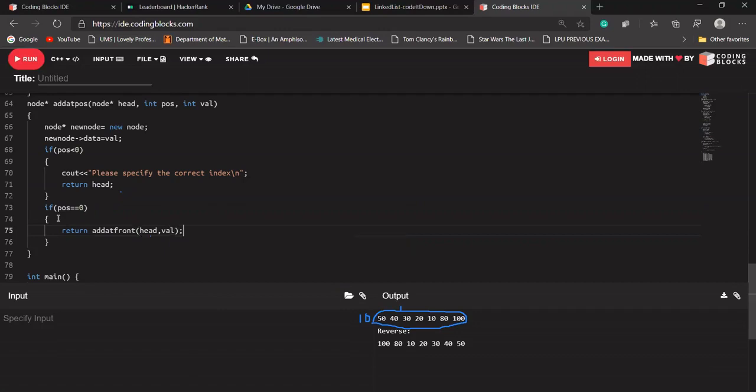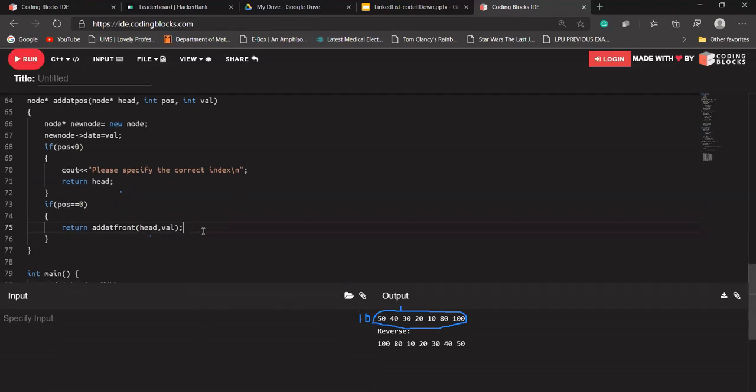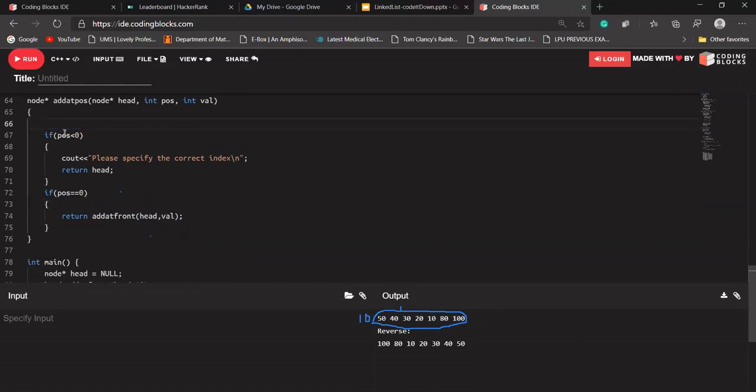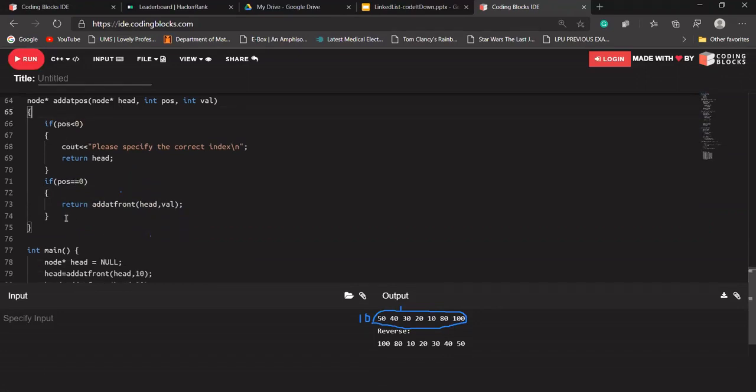This function will return the address of that node. Let me remove the node creation from here, because there is no need for it if position is equal to 0.